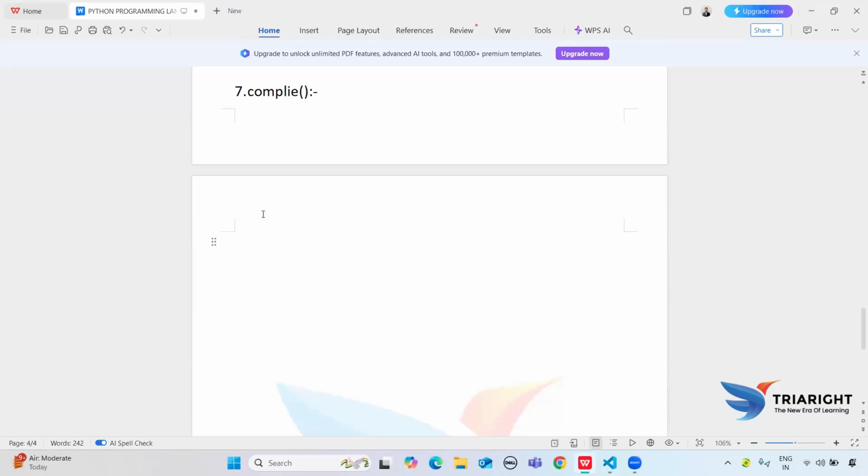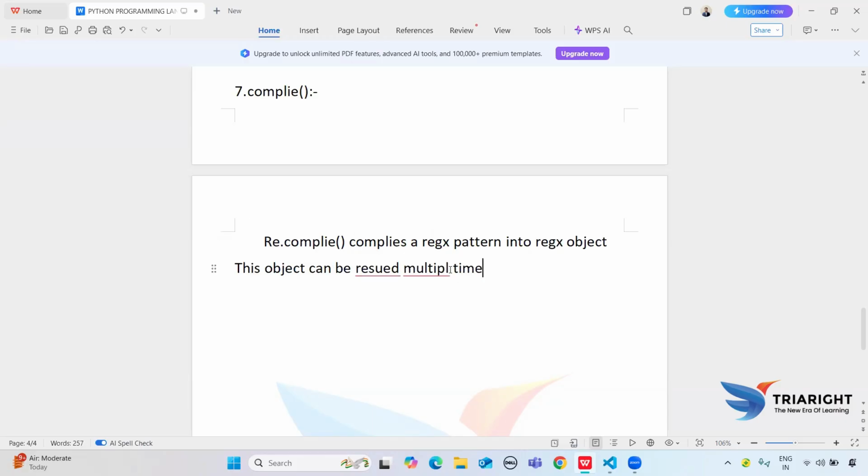Now I'm just trying to write some theoretical points. So the re.compile function, or we can say the compile method, converts a regex pattern into a regex object. Then this object can be reused multiple times. How multiple times? I'm just trying to show that, because if you see here also,